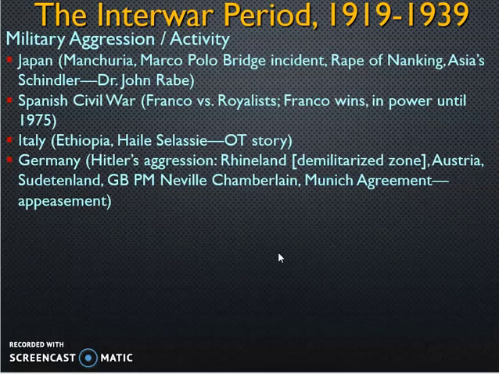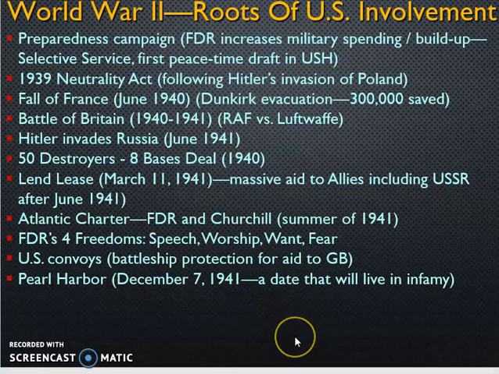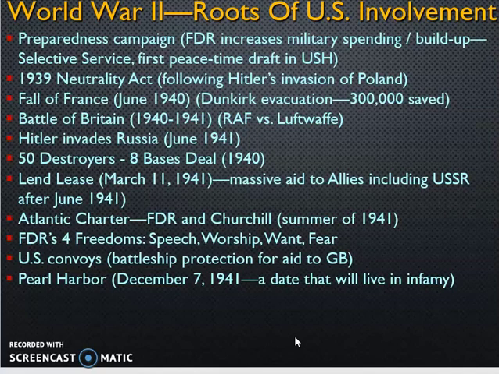That's where you have the Munich Conference, which will produce the Munich Agreement, which will give part of Czechoslovakia to Hitler to appease him. Within 6 months, Hitler takes the rest of Czechoslovakia. FDR is also building up the military in the background, knowing that probably it's going to be war for the U.S. at some point. Hitler will officially start World War II in Europe on September 1, '39.